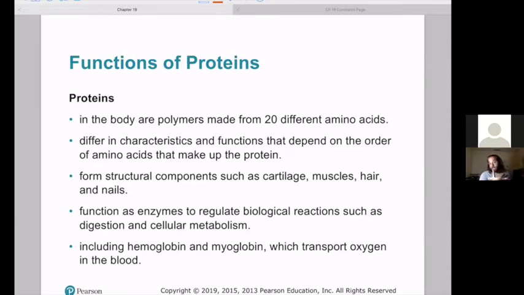And again, one of the crazy things is that they are made from the same 20 amino acids in any organism, from something as small as a virus or a bacteria to a fungus to a plant to a reptile to a bird to a human. All of them have the exact same 20 amino acids that they're working with. They're just linked together in different ways, and that forms all these different tools at a cell's disposal, which is just pretty wild.